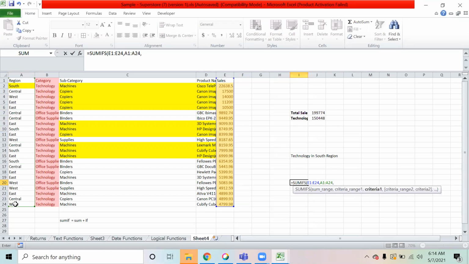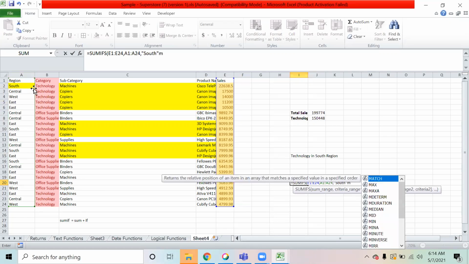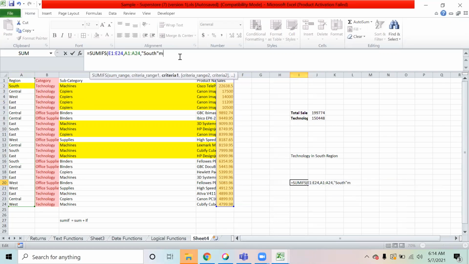And what should be the criteria in this? The region should be South, comma. Then it is asking criteria range 2, that is category, comma. What is the category? That is technology.